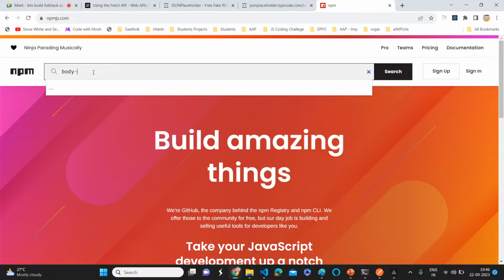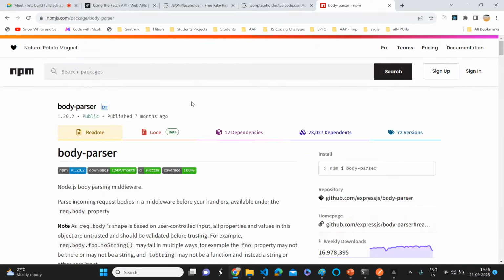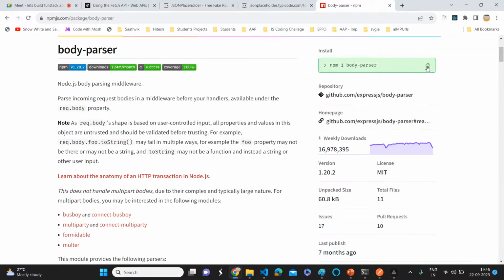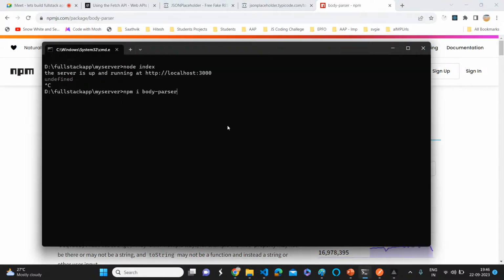Body parser. This is another npm package which is going to help us build trust between the client and server whenever we are passing information, especially in a JSON format. In detail we are going to learn in the coming session, because we have only 14 minutes. So let's install it and fix the issue quickly. I'm just installing this package: npm install body-parser. It will install the node package,